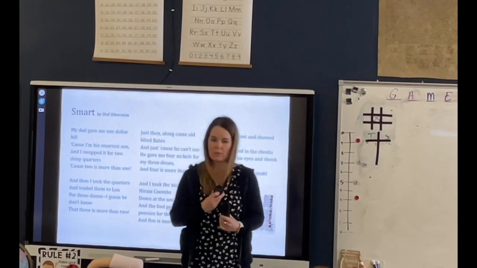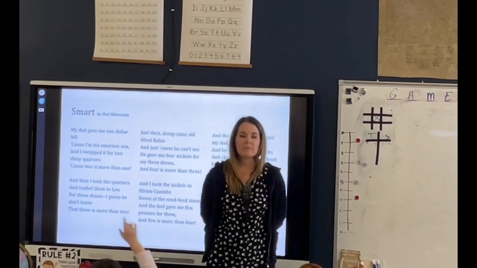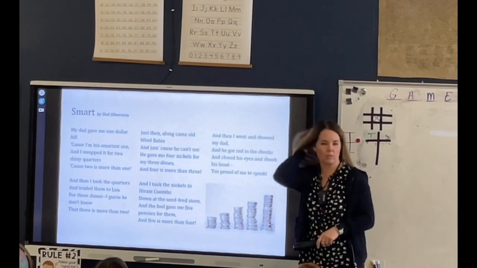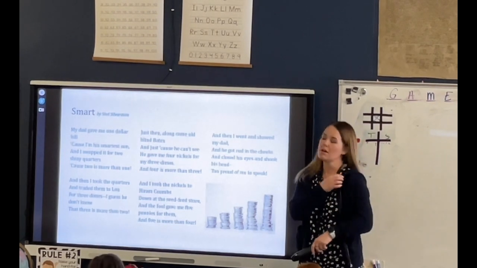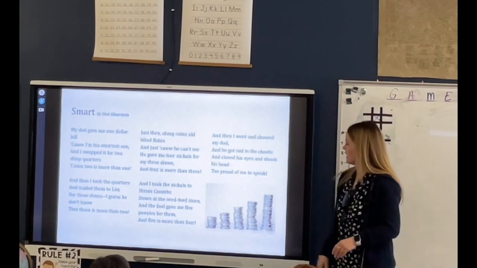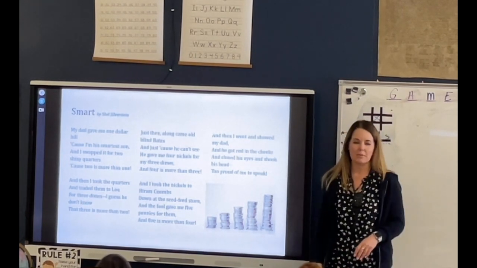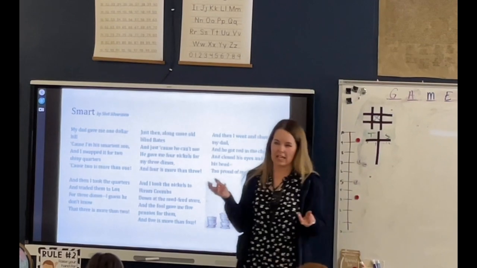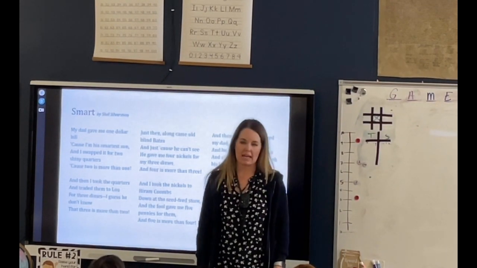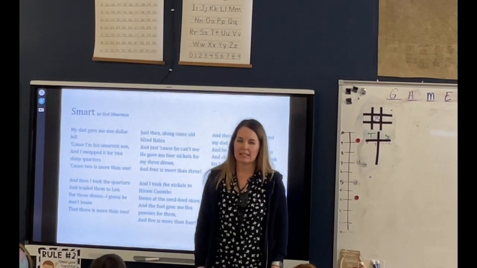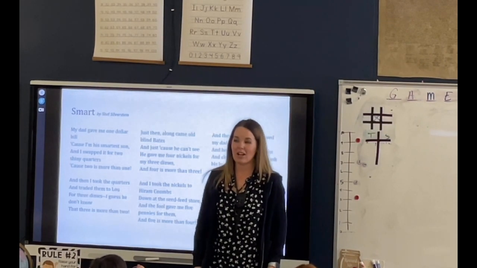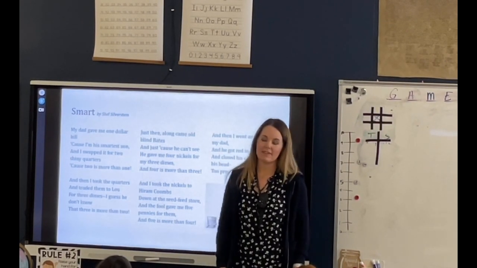This is what I want to work on this time. Listen. I want you to take one stanza. Let's take one stanza. I want us to work on prosody. What do we want to work on? Prosody. So we want to work on our expression. So let's do one that's really easy, the very last one. So what is the dad feeling when he sees the money his son shows him? Mad. Why is he mad? Because he traded out 95% of his money. He had $1 and he ended up with 5 cents. Okay,